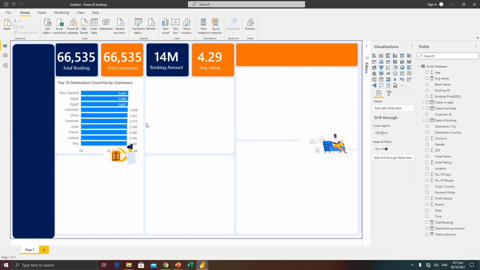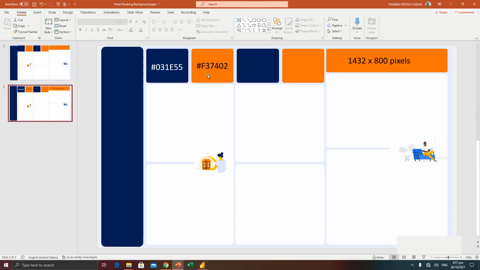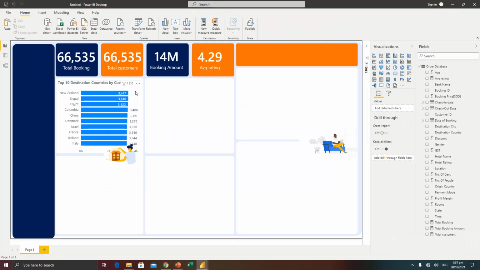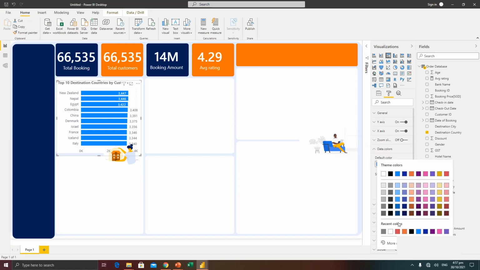Now the next thing I will do is to change the color of the series or the bars. So I want it to have these colors, okay? So if you take a look at the PowerPoint that I sent, here I have the color codes for each of these colors. So here, this color here, this is the color code. So what I can do is to copy this, okay? Then I'll go to Power BI. I'll select this, go to format, then go to data colors. So I'm going to expand this, and the default color, I'm going to change it